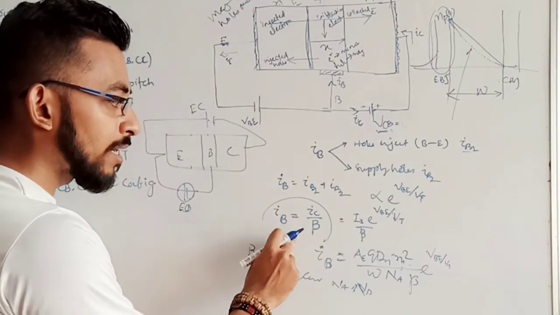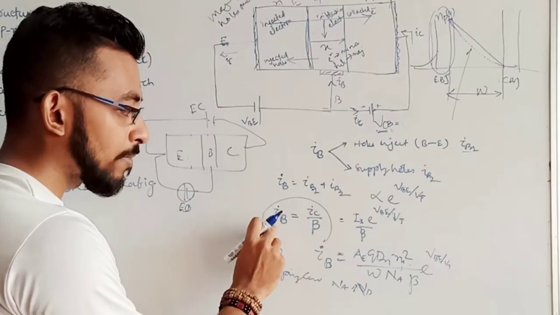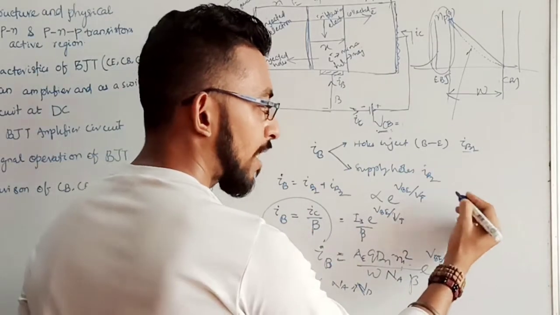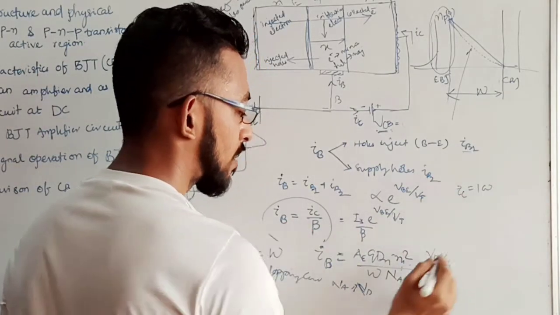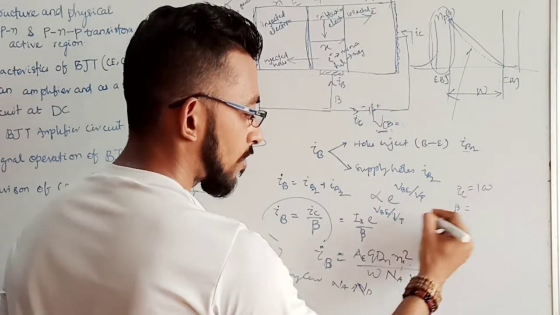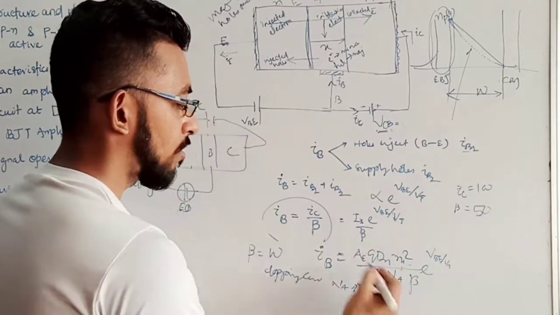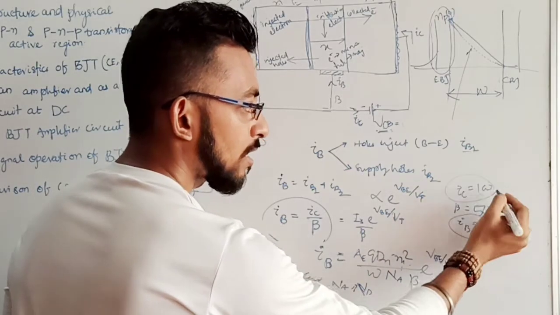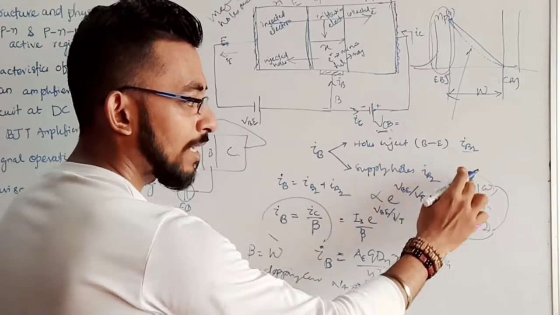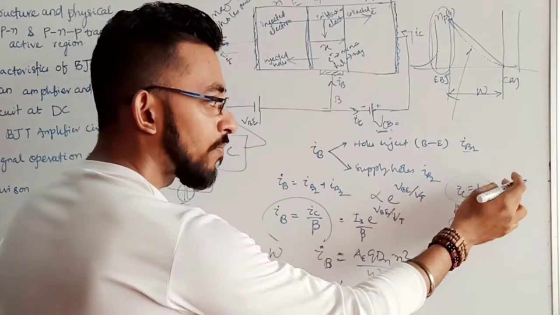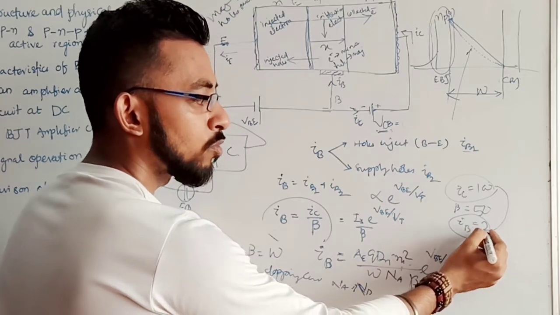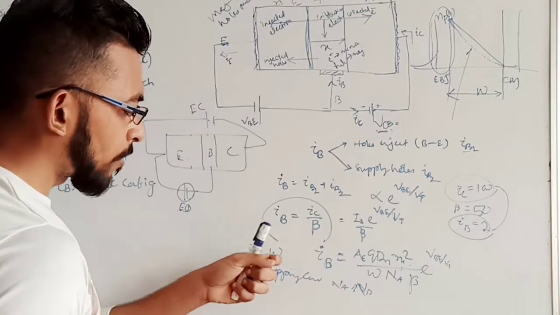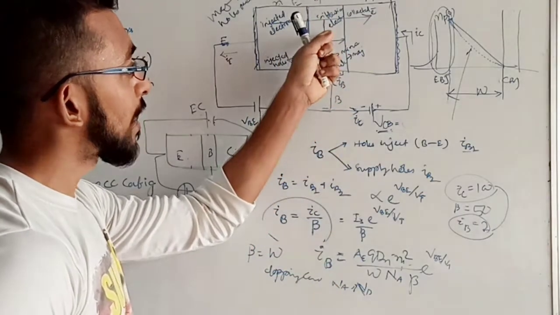Generally this IB value is very less than IC. That's why my beta value will always remain high. Let's take my IC is nothing but 100, and my beta, I took 50 for example. So what will be my IB? It is nothing but 100 upon 50, nothing but 2. So you can see the relation between IC and IB. If this is 100 ampere or microampere, whatever it may be, my IB value is 2 milliampere or 2 microampere, like this. So my beta value depends upon W and the doping concentration of emitter and base.